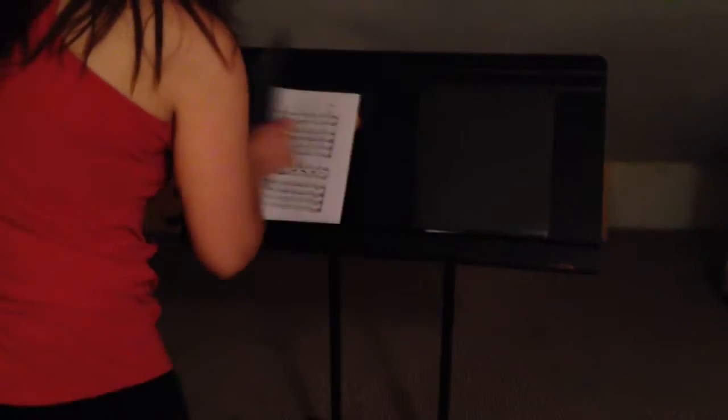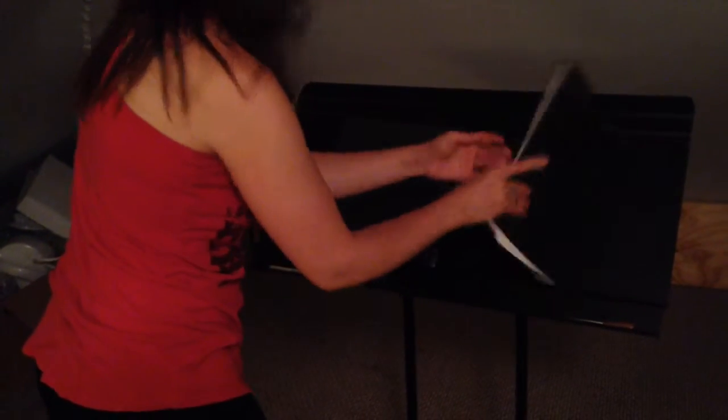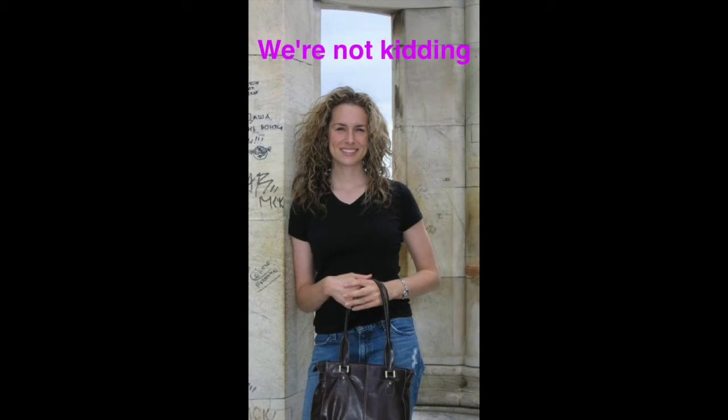And this is a music stand, which has upside down music, more upside down music, a baton, and a couple of tuning forks. Unlike Marissa, my pitch is not totally reliable all the time. I can't necessarily sing an A440, or a Monteverdi A, or a Baroque A. So I use